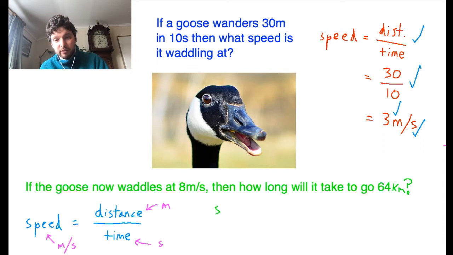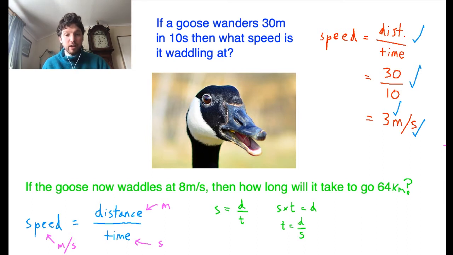So we started with speed equals distance over time. So times both sides by time will give us speed times time equals distance. And then you can divide both sides by speed in order to get speed times time divided by speed, which is just time. And then distance divided by speed is going to be distance over speed. So now that you've got time as distance over speed, all you have to do is plug in the numbers